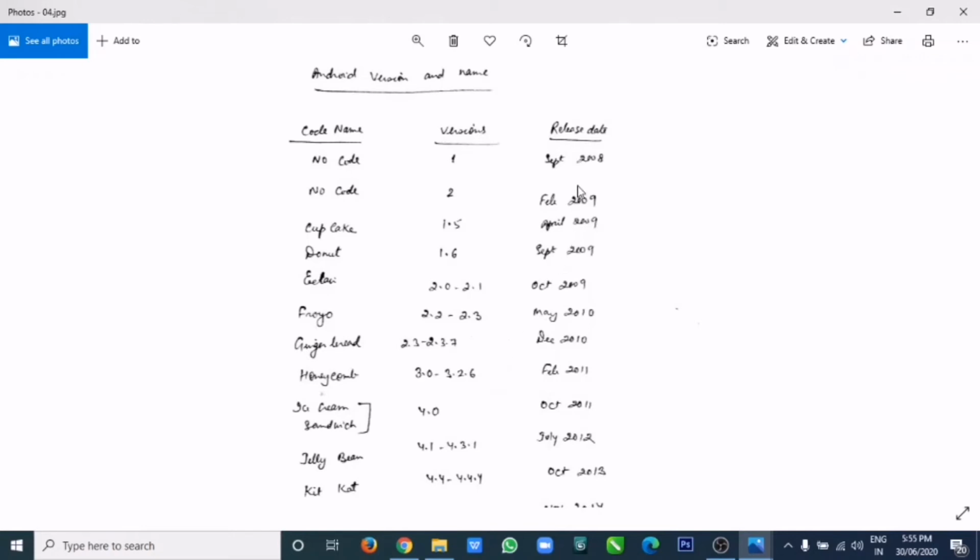Version 1 came in September 2008, which was given no name, no code. Version 1.1 also came in February 2009, no code. After that, version 1.5 was named Cupcake, which came in April 2009. Then Donut, 1.6, September 2009. Then Eclair, versions 2.0 and 2.1, came in October 2009. Likewise, Froyo, then Gingerbread came, Honeycomb, then Ice Cream Sandwich, Jelly Bean,